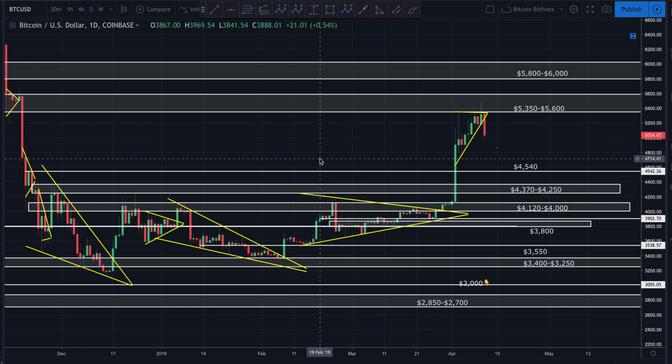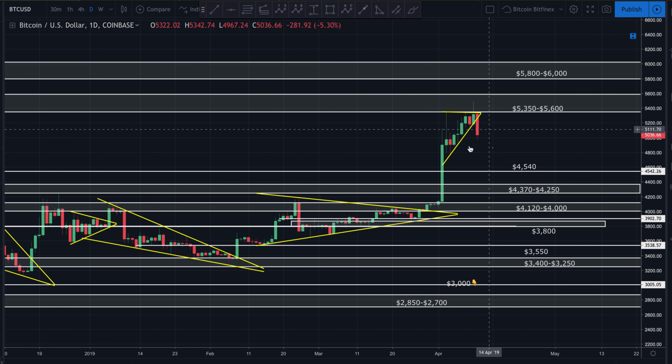We're looking at Bitcoin to the US dollar. This is the one-day chart on Coinbase. And last time we spoke, guys, I told you that Bitcoin was looking overextended. We were looking at the weekly, and we were on